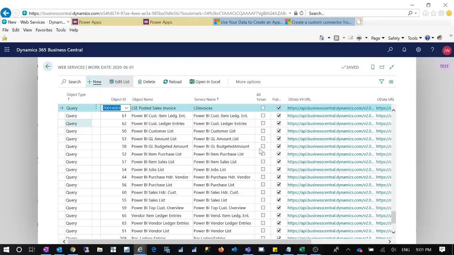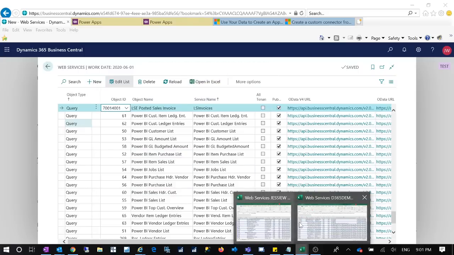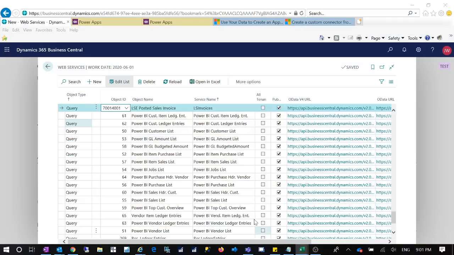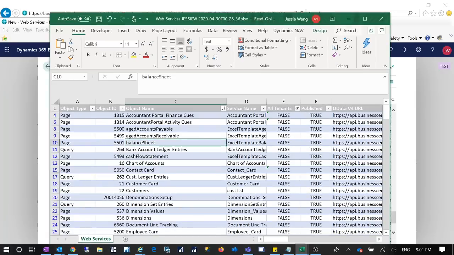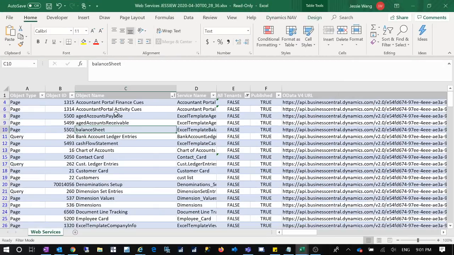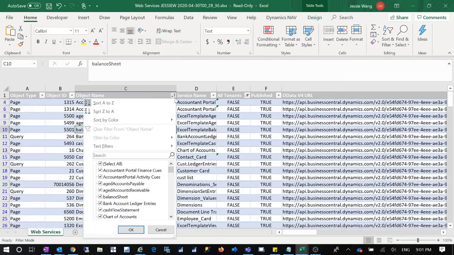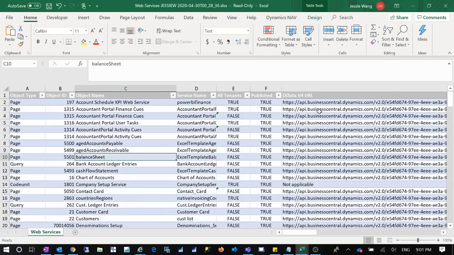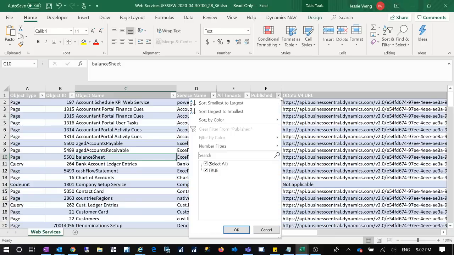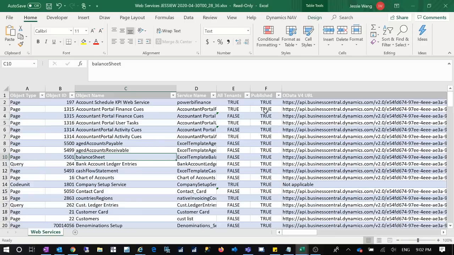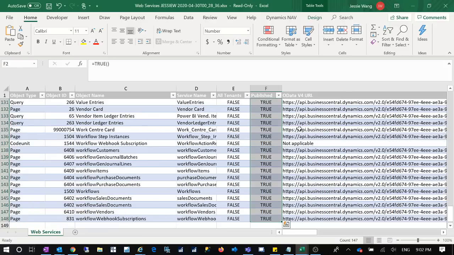You can open these web services in Excel. Then you will have an Excel file like I have here. Okay, so then you can filter or you can search. So there's a lot of web services you publish, because you can check everything I have published, and you have 147 records, but you didn't